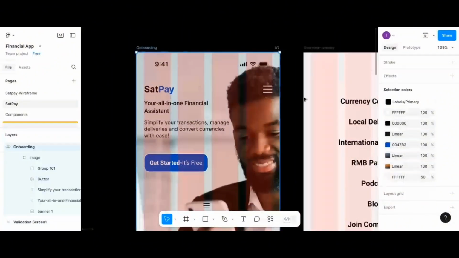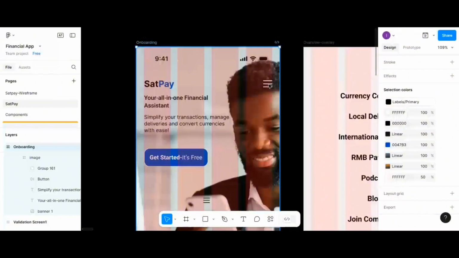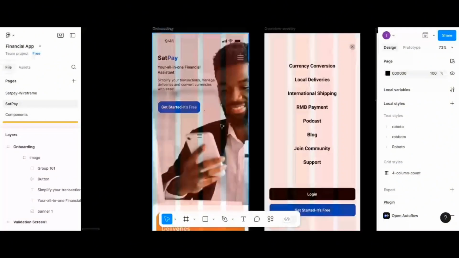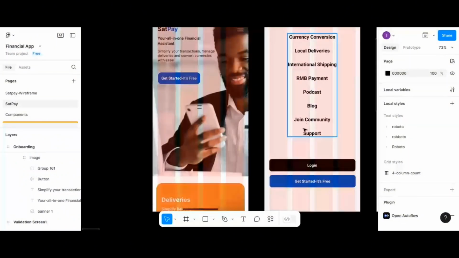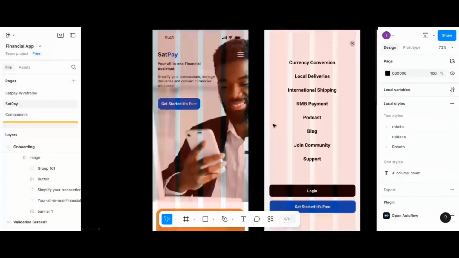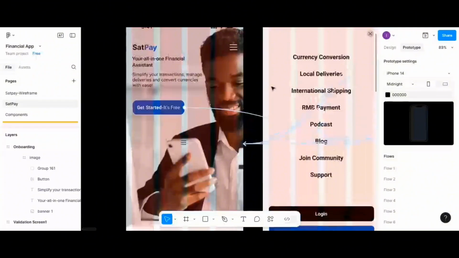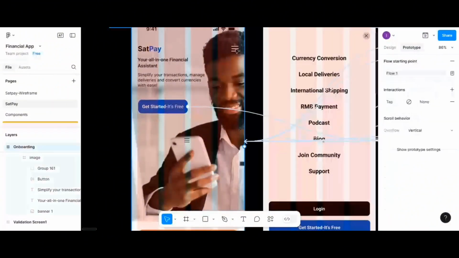So now what you want to achieve, if user tap here, this overlay should open within the dashboard page, and if they close it, the overlay should close back. So here what we're going to do is to connect our prototype and do that. So let's navigate to prototype and we're going to connect fully the icon